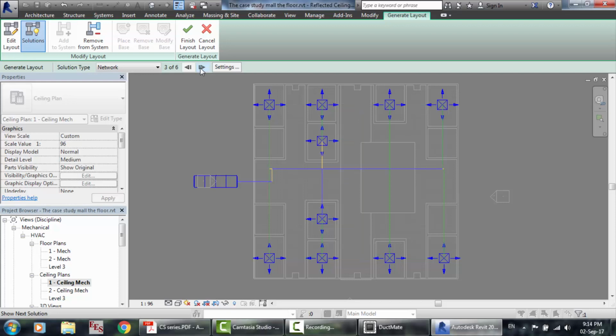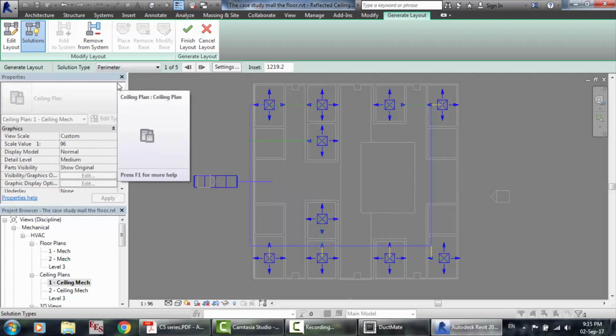the third solution, the fourth, the fifth, and the sixth. And here the perimeter is another solution, and of course you have to know what is the best for you as duct fittings and losses. You have to carry out the single diagram before using Revit, and then try to get the optimum solution for